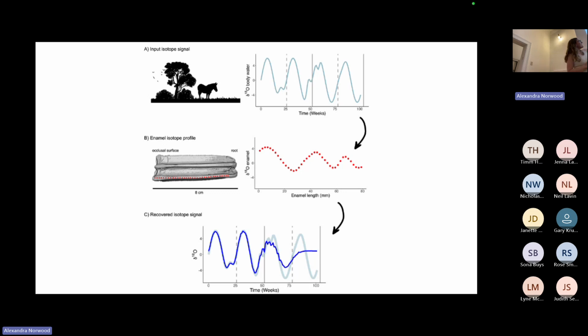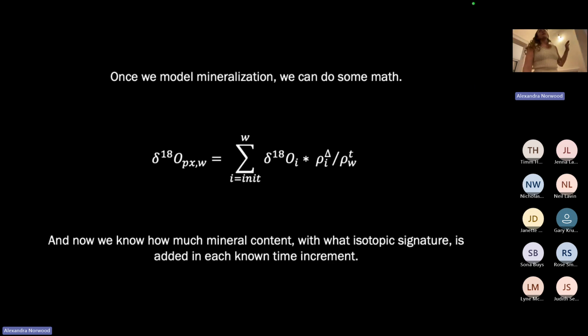So what you're seeing here is that light blue line, that's the original input, behind a dark blue line that is the model we can use to take those red points and turn them back into the pattern that we had as input. Now I'm going to show you a little bit of math, because I had to learn matrix algebra to figure this out, and I'll never stop talking about it now. So do not be intimidated by this math.